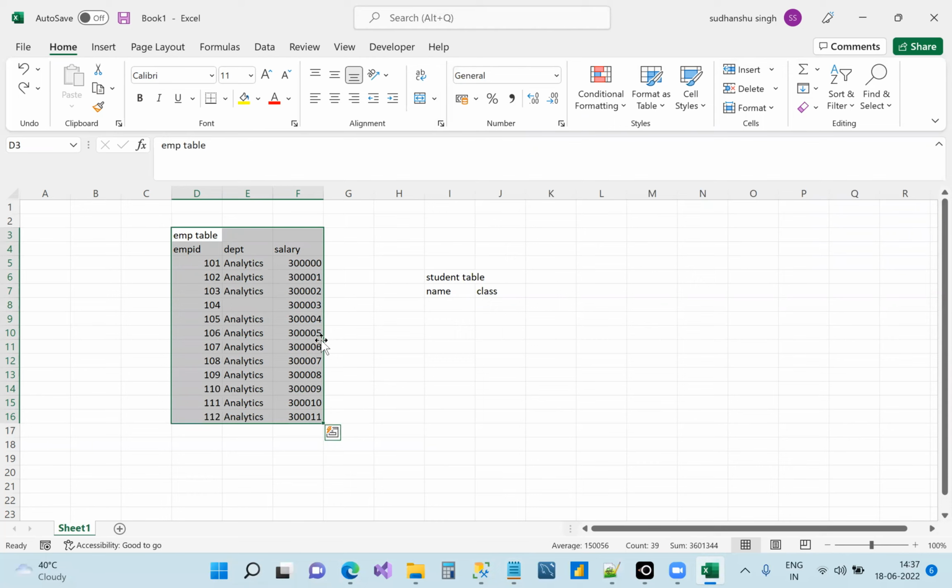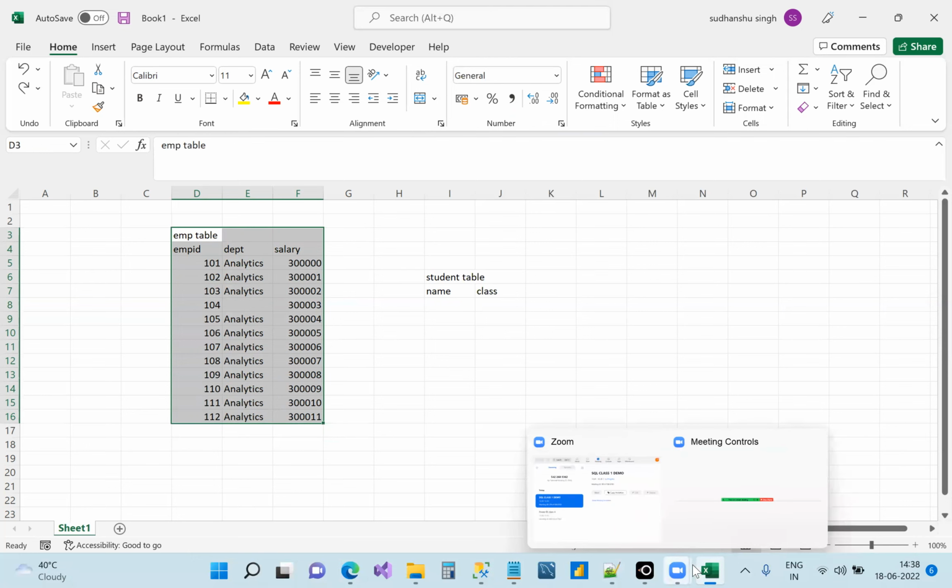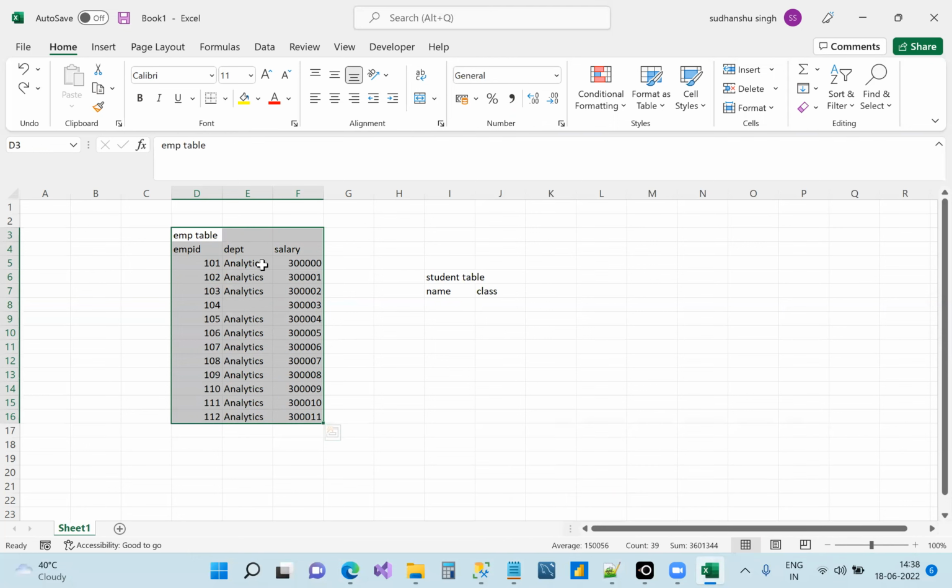In data control, suppose I'm sharing this file with you, but I keep the control over whether you can make changes in this table or not. I'm sharing this with you, but I'm keeping the control to myself so that you can only view this data but not change it. So that is data control language. Did it become clear to you?